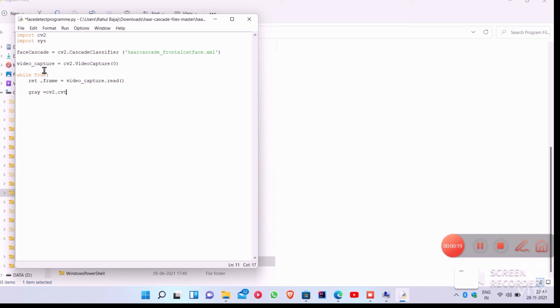Basically this function is going to convert the colorful image into the gray image. gray equal to cv2.cvtColor frame comma cv2.COLOR_BGR2GRAY.